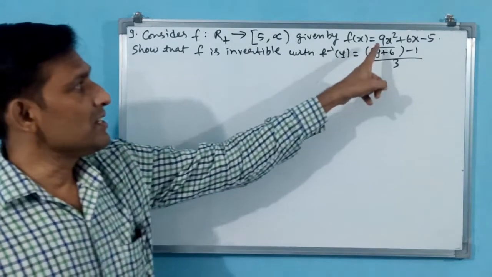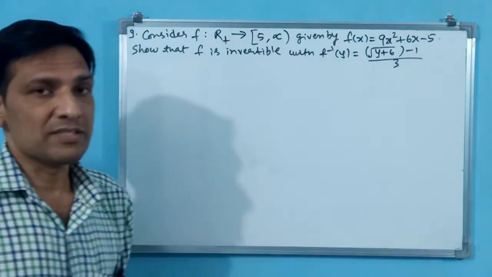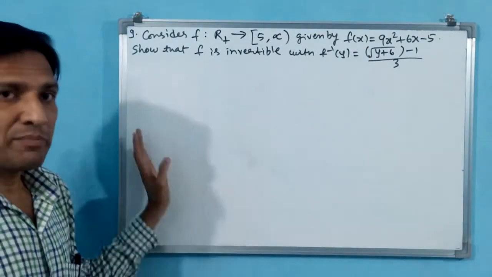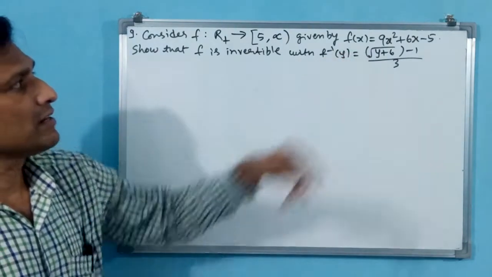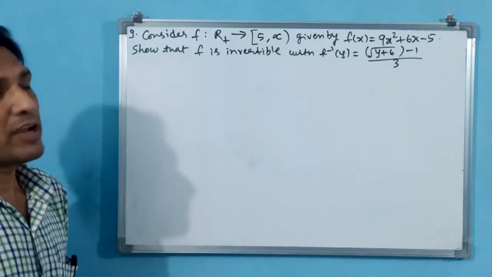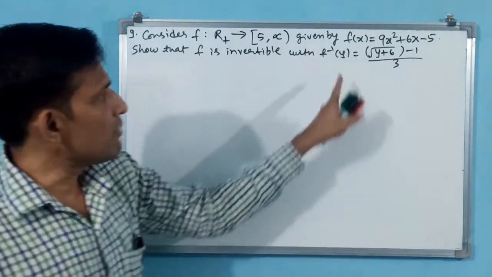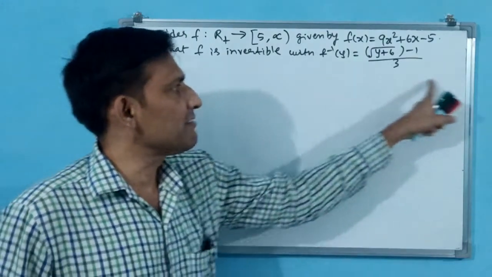But to find G, here 9x square plus 6x minus 5 is there, a quadratic equation. How are you going to find it? If only one x is there, you can simply write it. But here x square plus 6x minus 5 is there, a quadratic equation. How do you have to write that? I am doing that calculation here, and afterwards I will write it directly here.